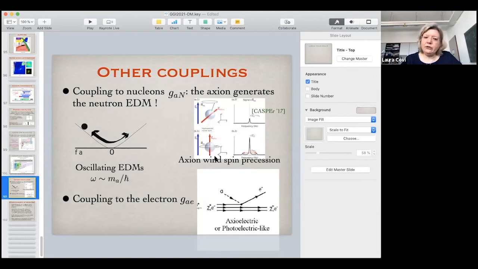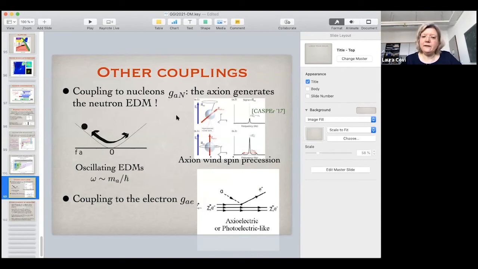And another effect, which is maybe easier to see, and is planned to be explored and searched for by the CASPEr experiment in Mainz, is, for example, this axion wind spin precession type of effect. The effect here is connected to the derivative coupling of the axion. We discussed them yesterday. And the fact that you have a derivative coupling means that if you have motion, and in some sense we have, because we are moving with respect to the halo, so we have a kind of axion wind,